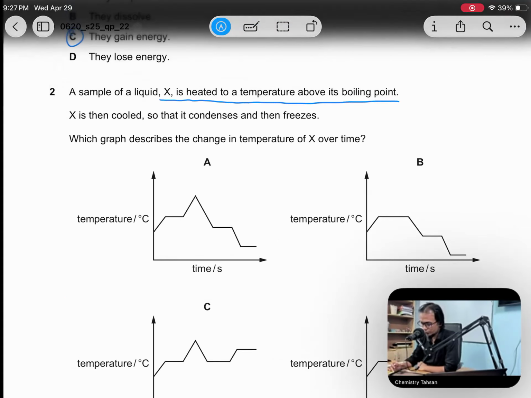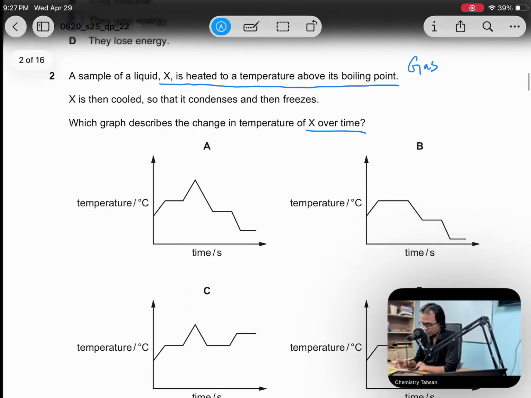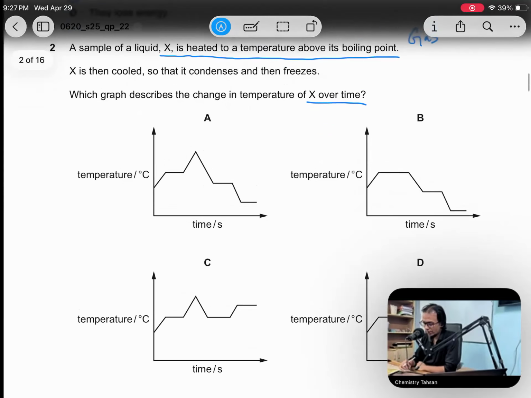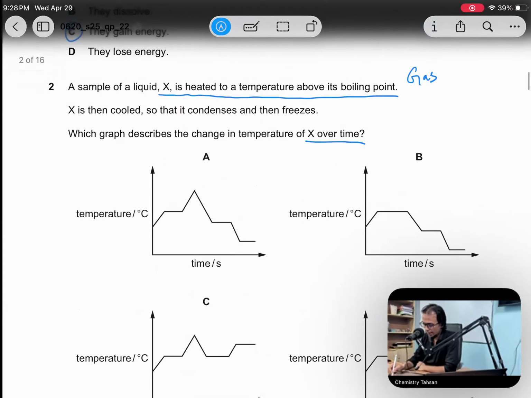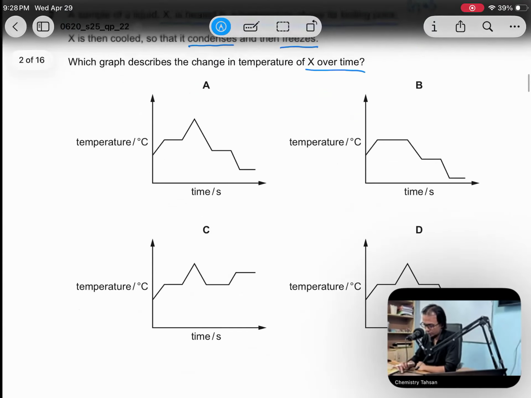So above the boiling point, if you heat something, it will turn to a gas, right? So you can write here gas, then X is then cooled so that it condenses and then freezes. Which graph describes the change in temperature X over time? So first you have heated so that it turns into gas, then it is cooled so that it condenses, then freezes. So you see,